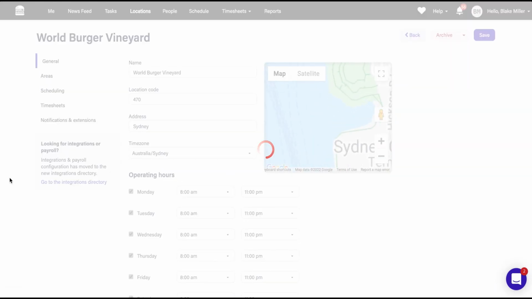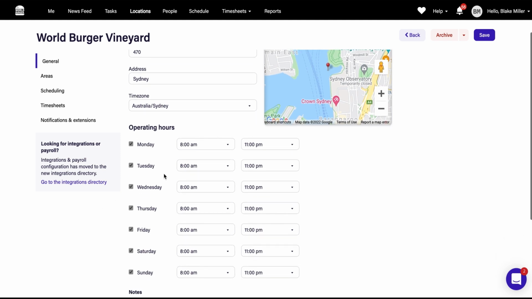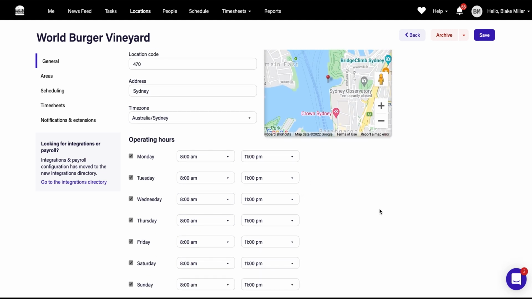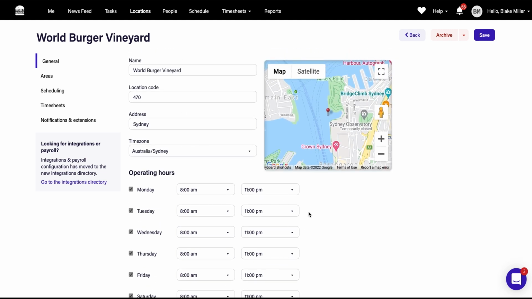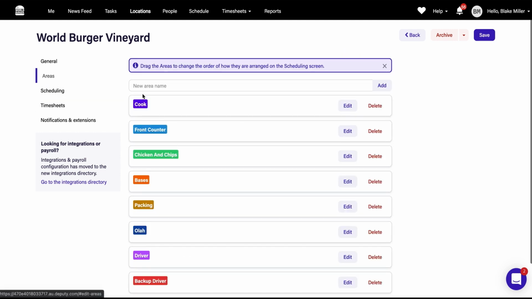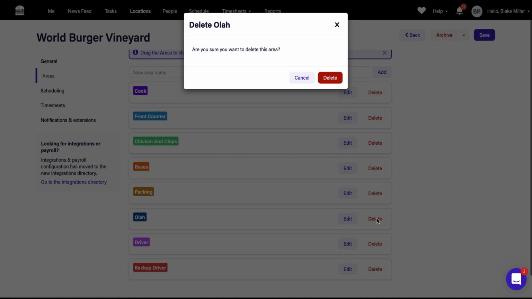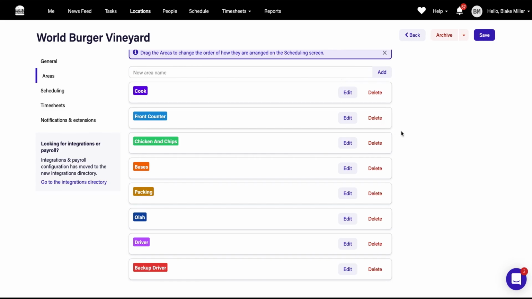We can hit edit settings. Now in edit settings, we can set our operating hours. So very important so that staff can't clock on before 8 o'clock because the store's not open. You can then obviously put in the address details, etc. We can go through and add or remove areas. So as you saw on the roster, we had cook, front counter, chicken and chips, bases. We've put all of that information in there. There's actually one in here, so I'll remove that one, and you can see it's quite easy and very intuitive